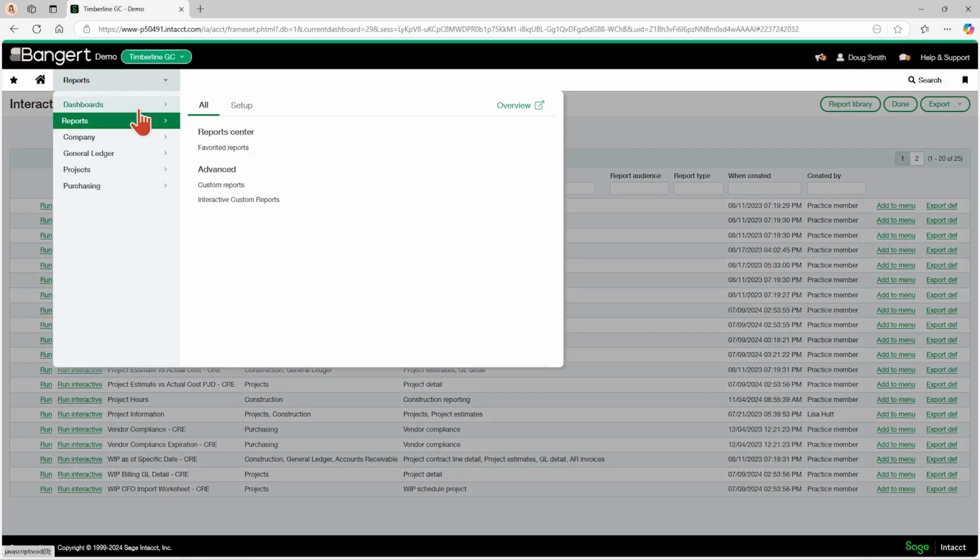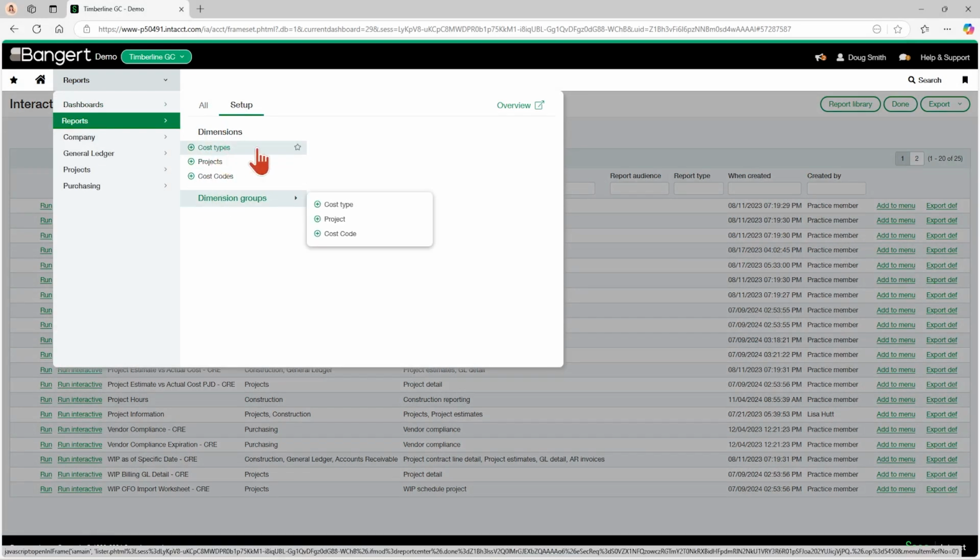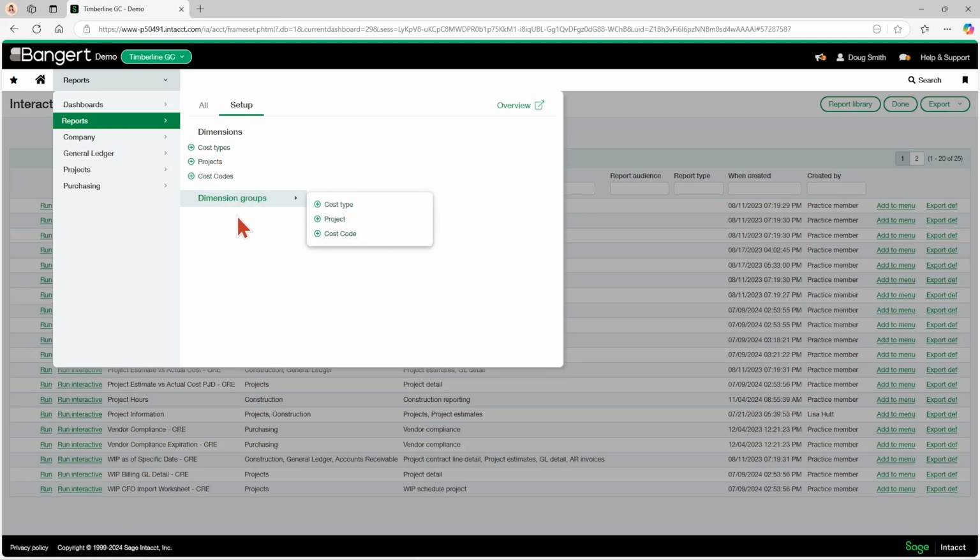So in my reports, I've got my setup. I also can secure this down if I don't want my project manager setting up new cost types or cost codes, or I don't want them setting up dimension groups. So again, I turned on everything in the projects area in security. So you are going to see these in the setup in the reports area. Okay. You can turn them off, however.